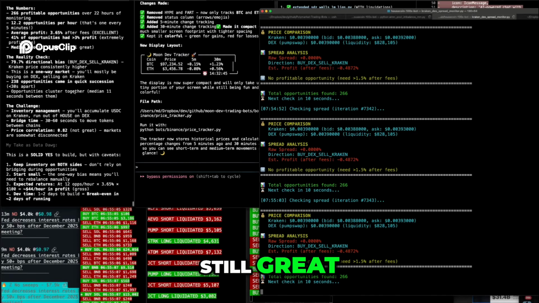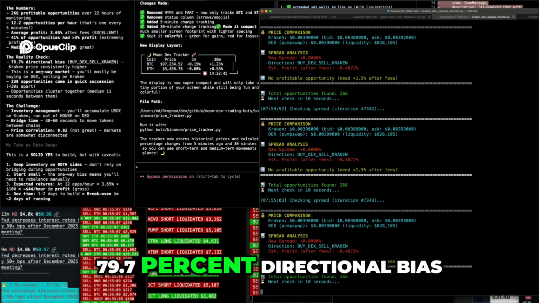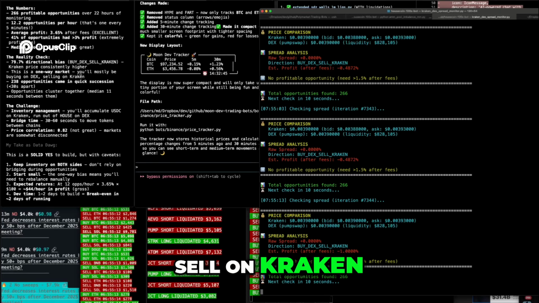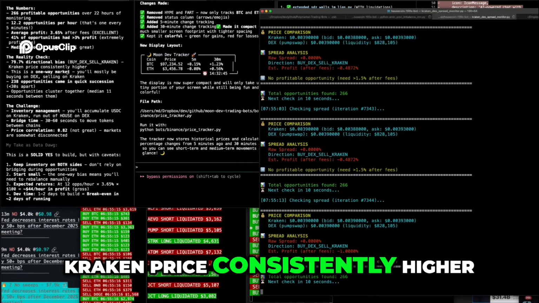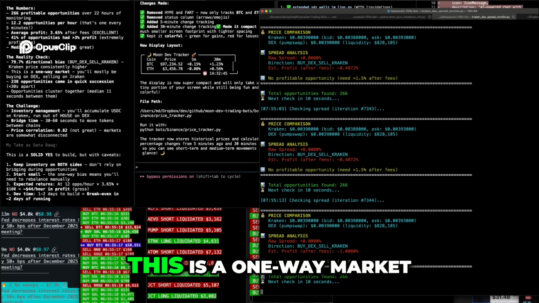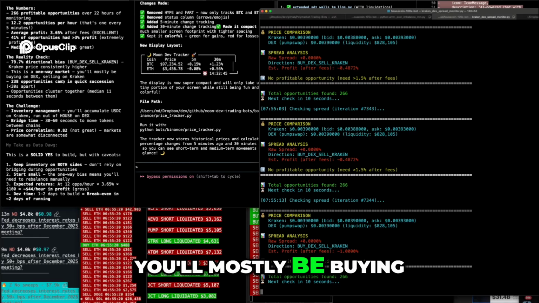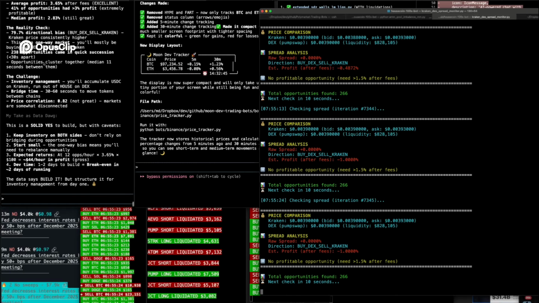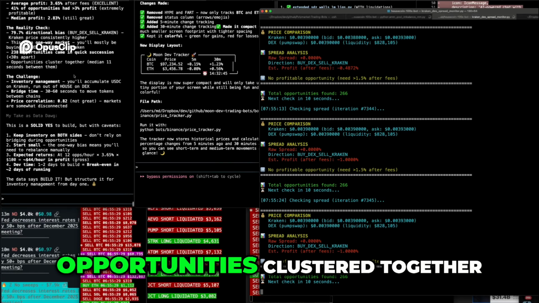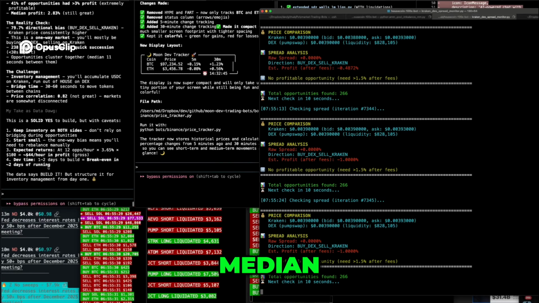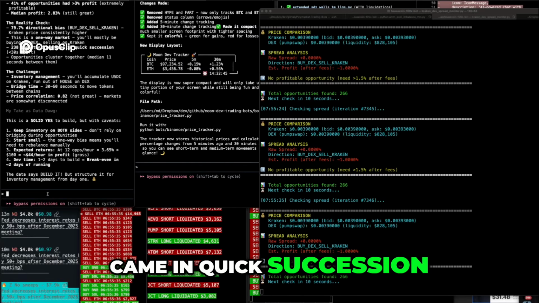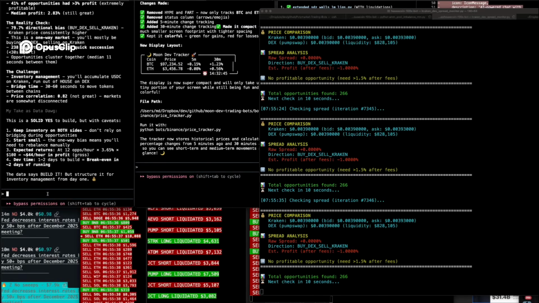The reality check: 79.7% directional bias. Buy on DEX, sell on Kraken. Kraken price consistently higher. This is a one-way market. You'll mostly be buying on DEX, selling on Kraken. 238 opportunities came in quick succession. Interesting. Opportunities cluster together. So if 238 came in quick succession, whatever that is,